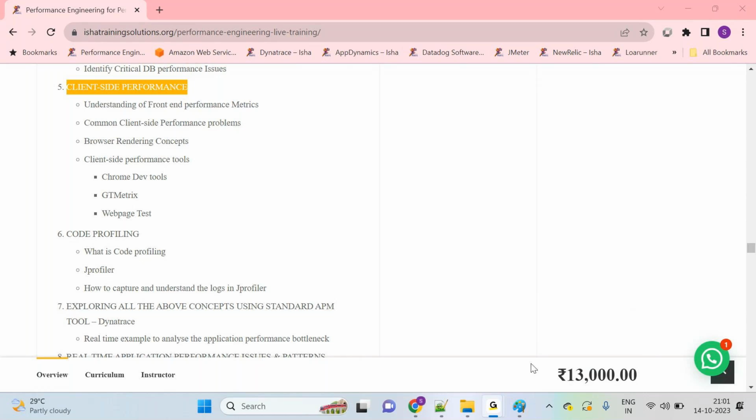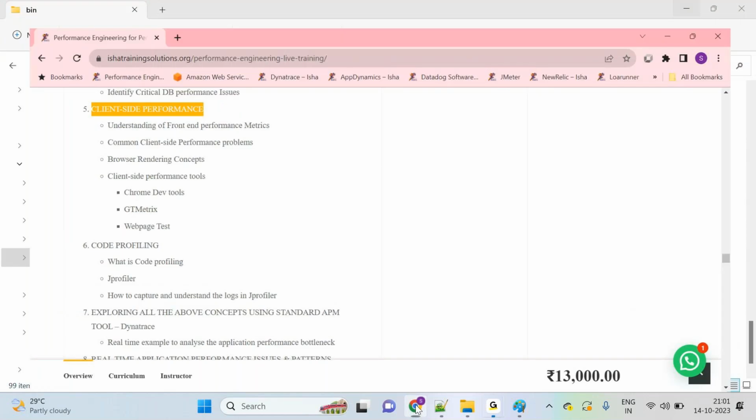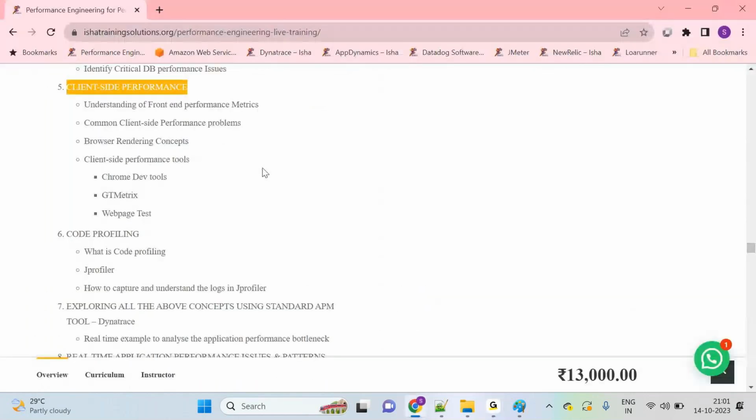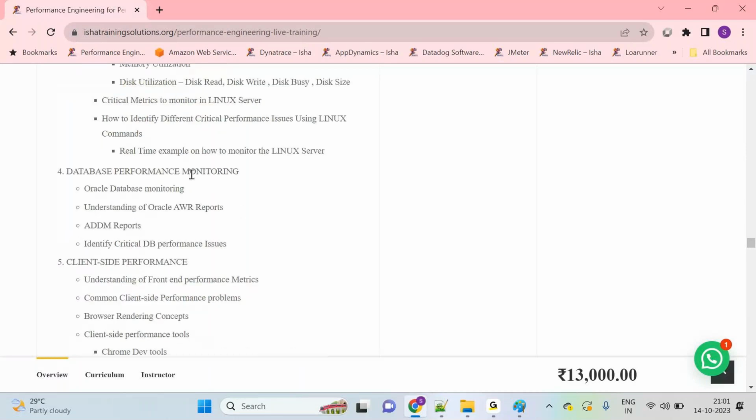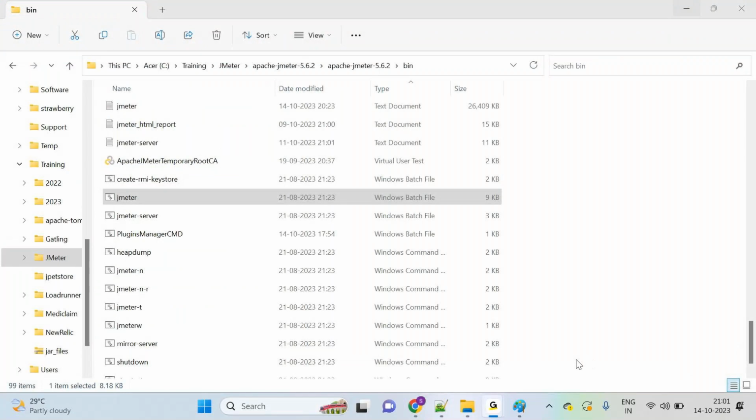A typical example of how Selenium or any automation tool works: when you are clicking something and the page load is completed, or if the page is not available, you will write synchronization logic or waiting logic in Selenium. So all those are actually accumulated, so the measurement will not be a true representation.